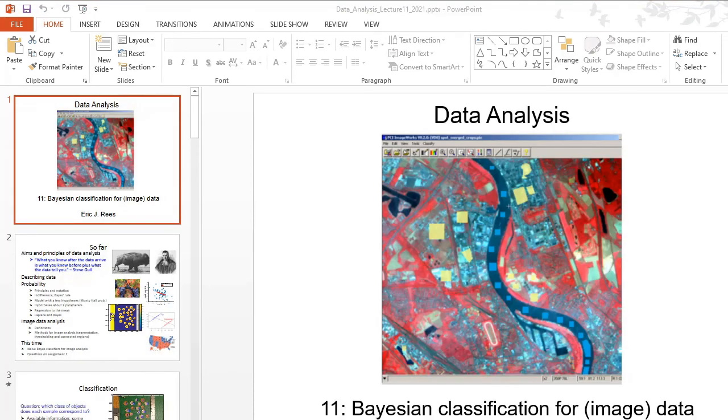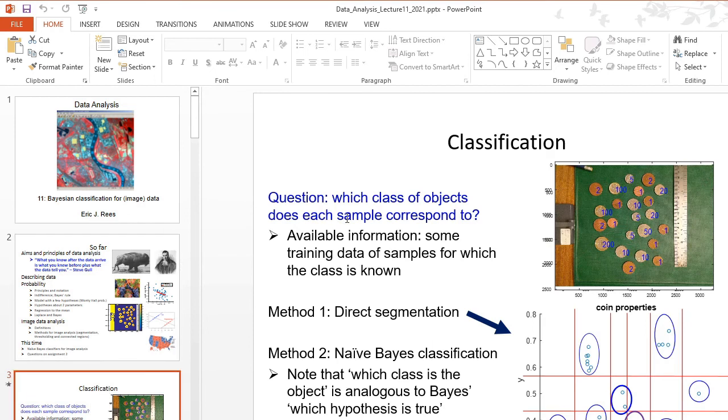So, data analysis part 11, Bayes classifiers, or Bayesian classification for results from image data. What shall we say about that? So classification is an important task using photographs or video image data. What is classification? So which class of objects does each sample correspond to? Available information for answering this task, usually some training data,